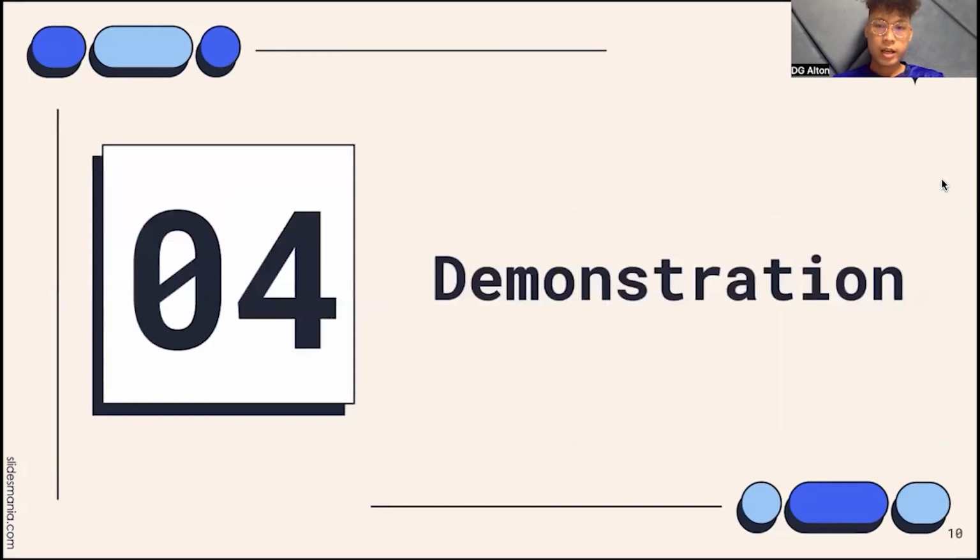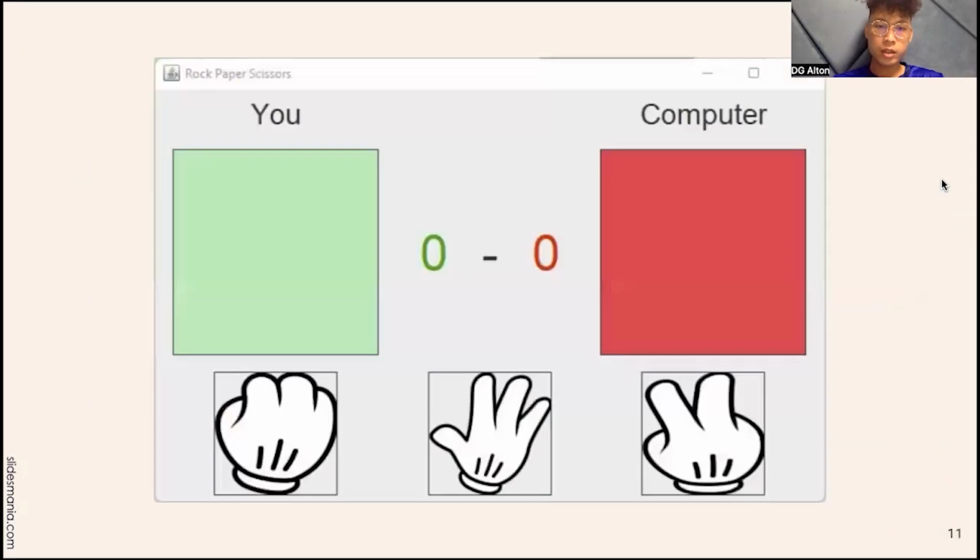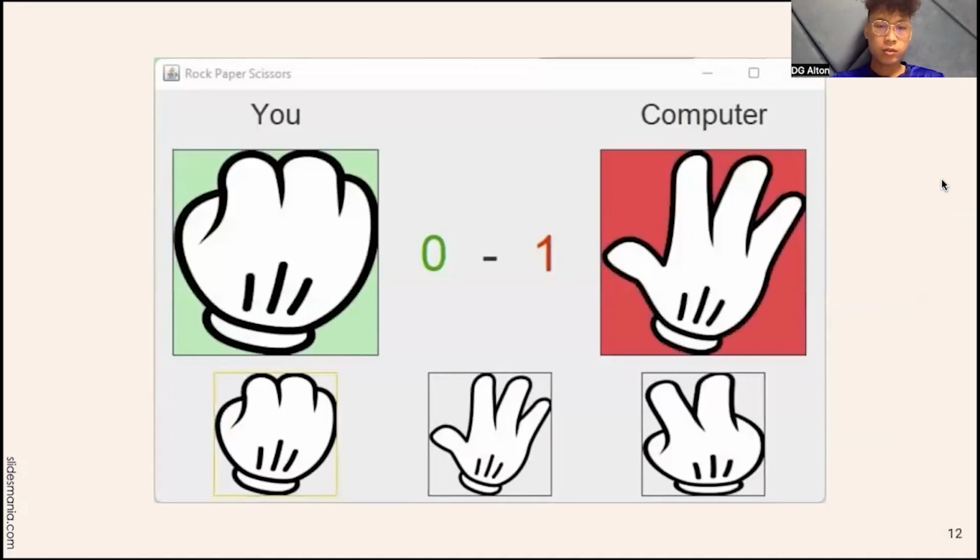And next, I will be showing you guys our demonstration. This is what you will see first when you open the application. The GUI is very simple and easy to understand. If you click on rock, or any other symbol,